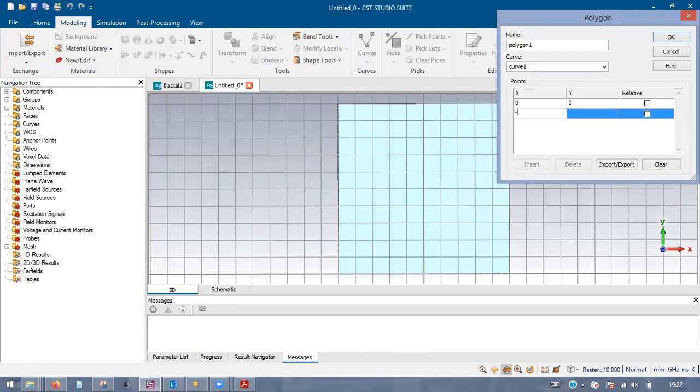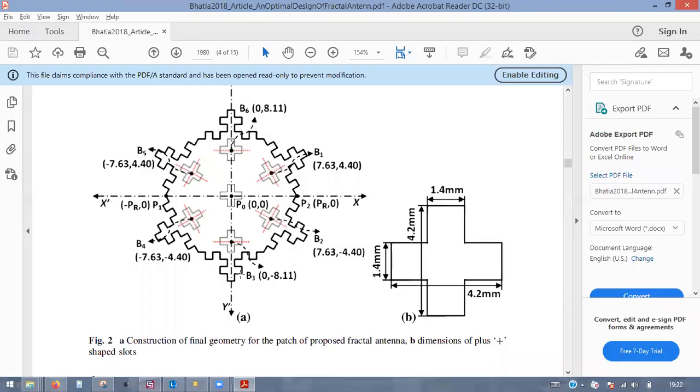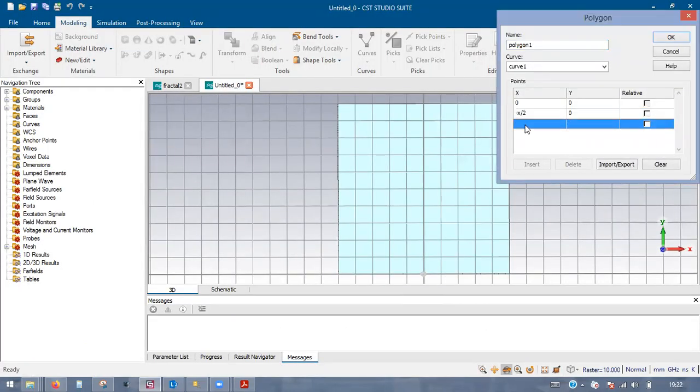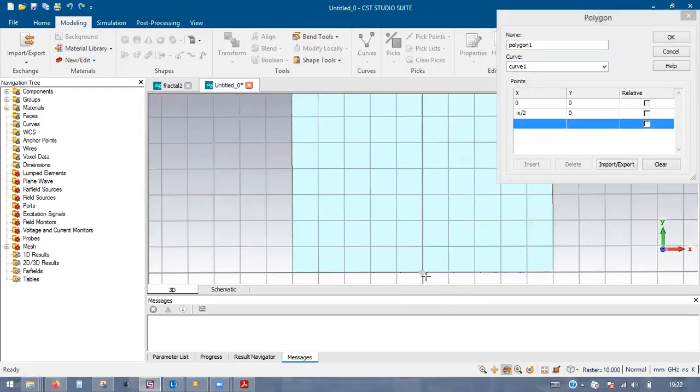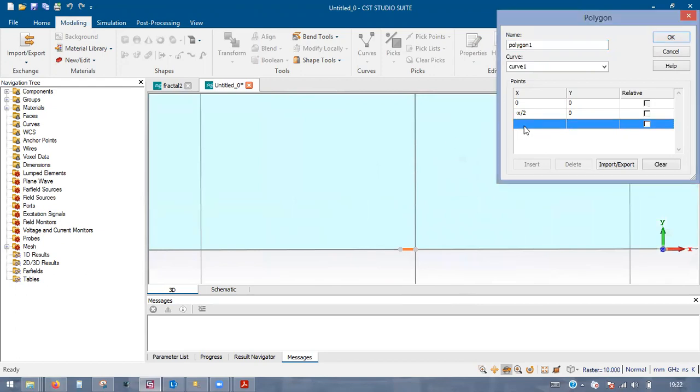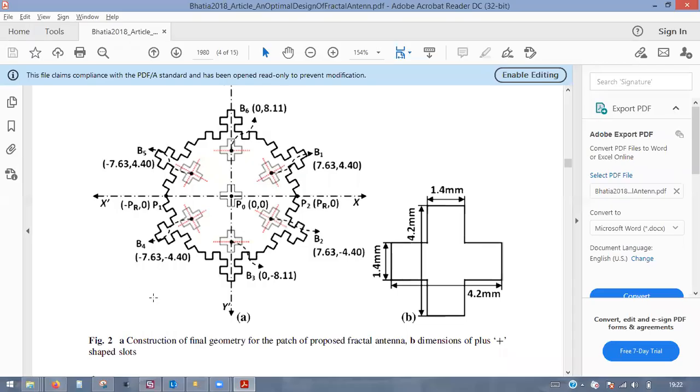So I will bring one more parameter, which is x by 2. So x by 2, x value is 1.4, as this width is 1.4 here, you can see. So now we have to go to the positive axis. X will not change, y will change to x. So yeah, we came here.